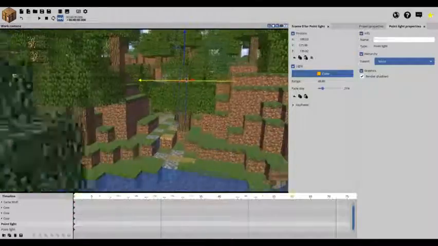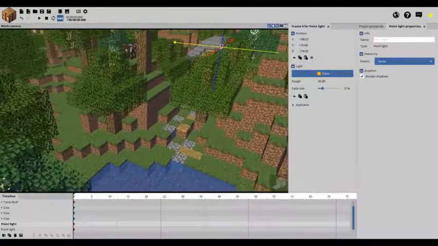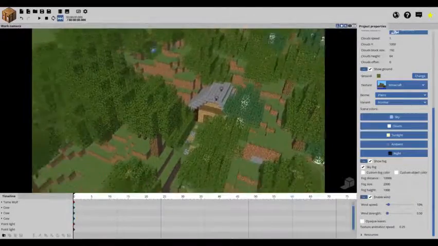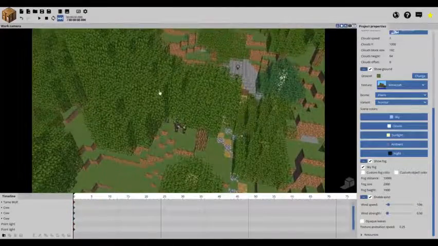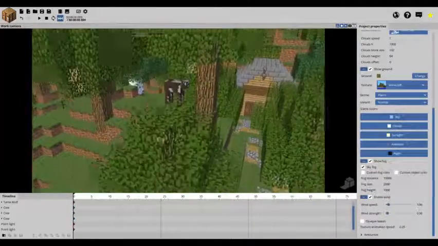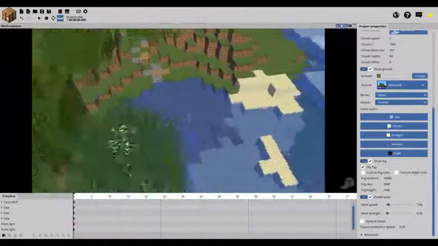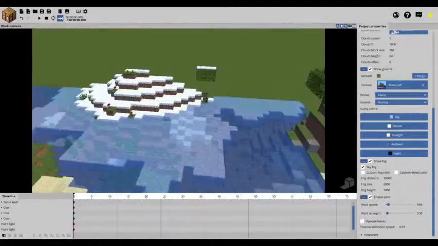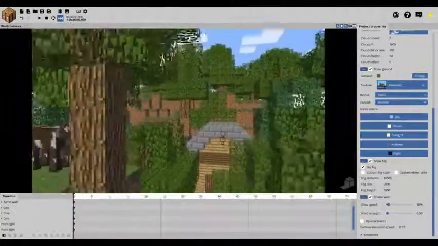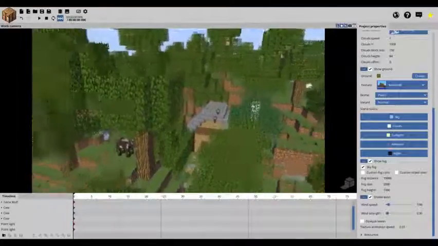Alright, so I think that is mostly it for this tutorial. Next tutorial we're probably going to be setting up some other things that help spiff up the world to make it look nicer, but I think we've done